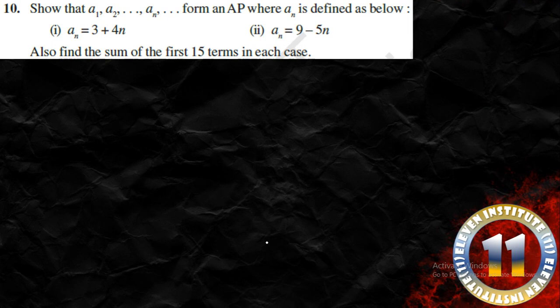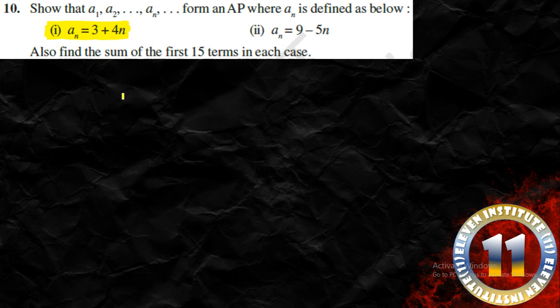So again, you have been given the general form over here. Right? What is this? This is the general form given to you. Substitute the value of n and you get the subsequent terms. For example, instead of n, if you write 1, you will get the first term. If you write 2, you will get the second term. That's it. Fine. So we will obtain the arithmetic progression. Right. And we have to see whether there is an AP or not.